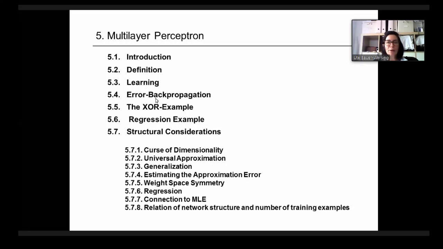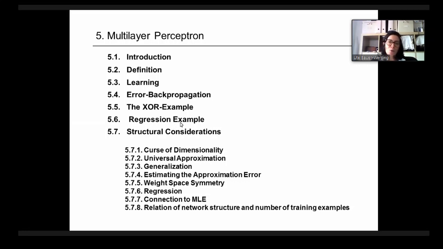We formulate the error backpropagation algorithm. And then we look into two examples, the famous XOR problem that we already met when we were talking about the perceptron and what McCulloch-Pitts did. And we have another example, a simple one that